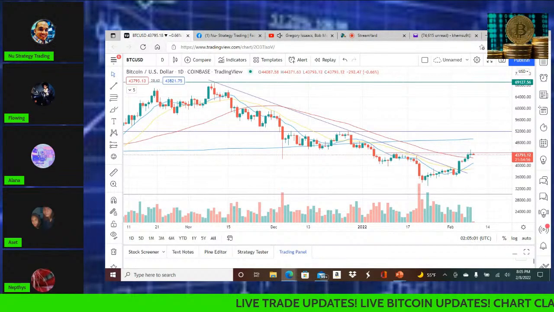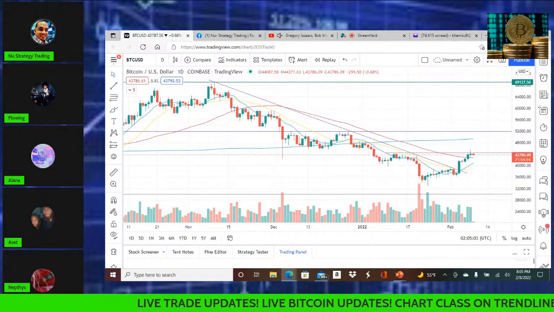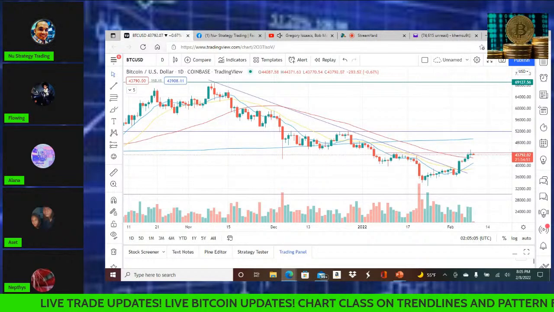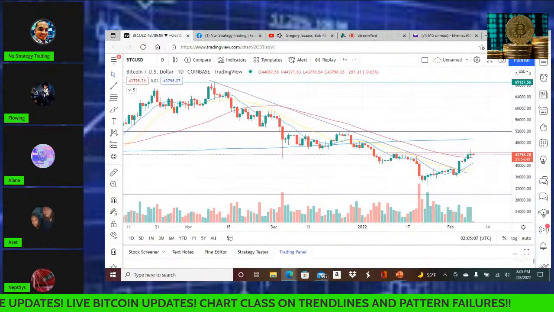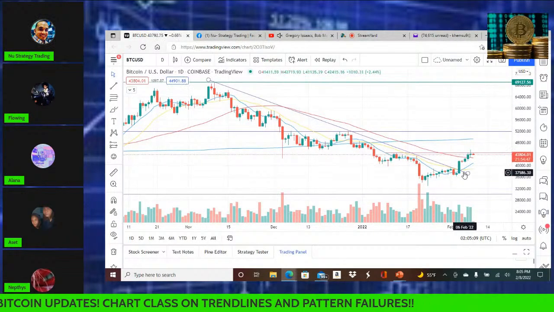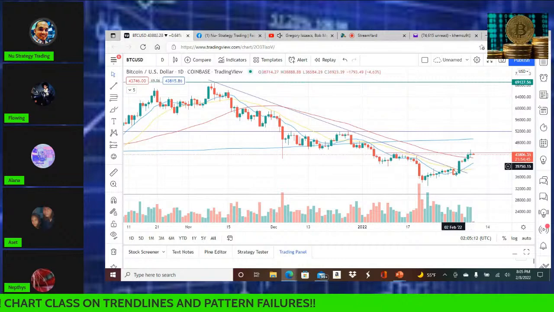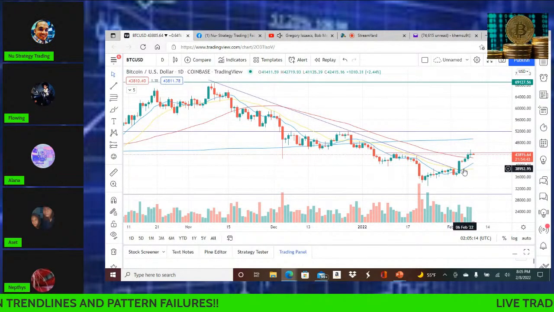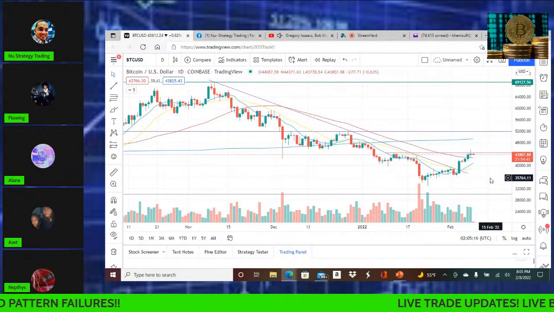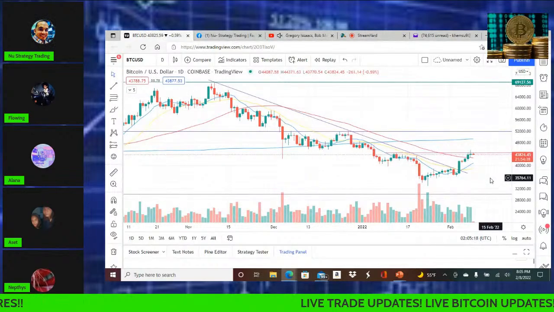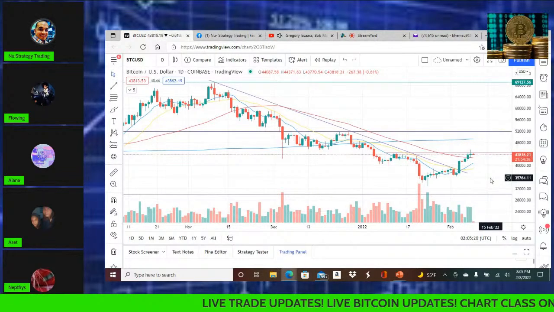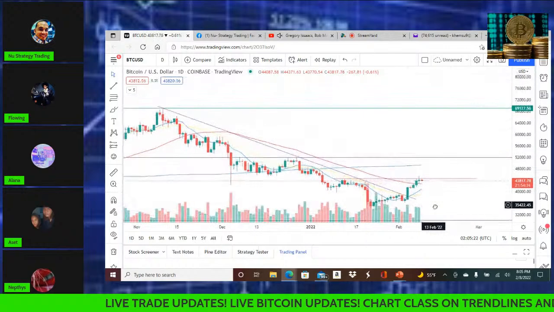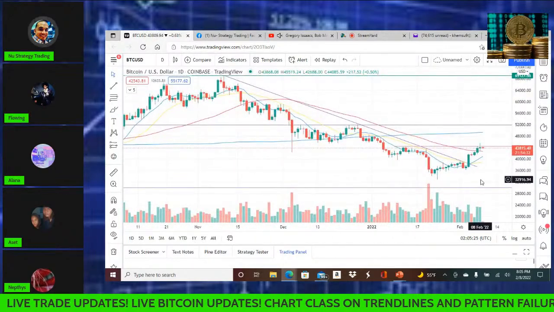Of course, I have 25% of mine that I'll never sell. But we begin to make buys back into it after this happened, after we got the trend line break, right? So that's extremely important. So all my traders right now, we know exactly how to identify these trends, and we know what to look for when the trend is reversing.